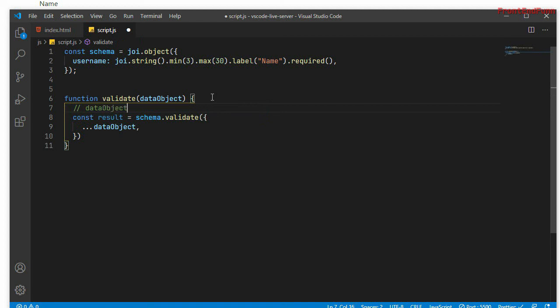So the data object structure will be something like username, where we'll be having a username here, and similarly the email field. I'm just using the spread operator so that I can spread all these values inside the object here. Fine. And we need to pass the second value, that is abort